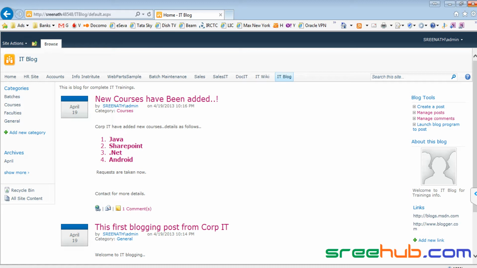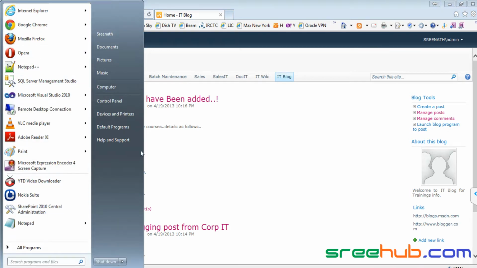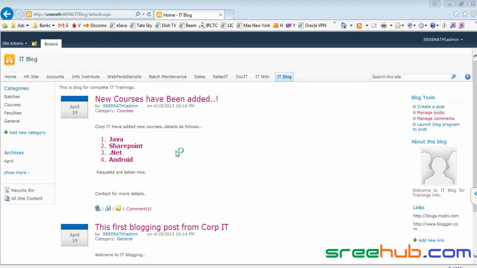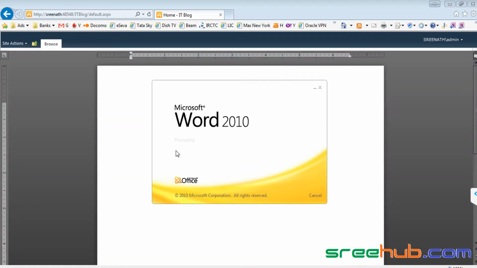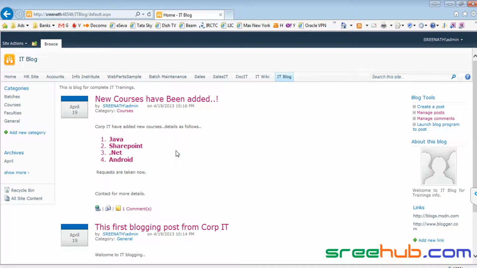Let us see. Let me go to Word, I have Microsoft Word here. In MS Word, you can directly connect to SharePoint, and you can add your posts directly from Microsoft Word, right? And if you want to edit something, or add something from SharePoint to Microsoft Word and add it back to SharePoint, you can do that. So you can play with Microsoft Word and SharePoint directly, because they are tightly coupled anyway, right? Now let us see how to do that.